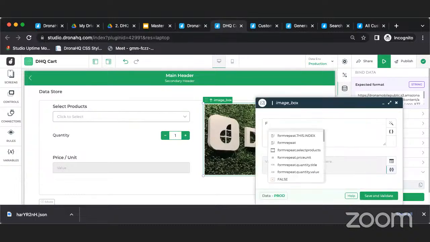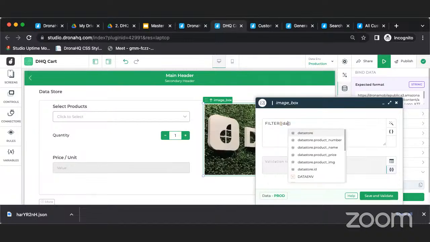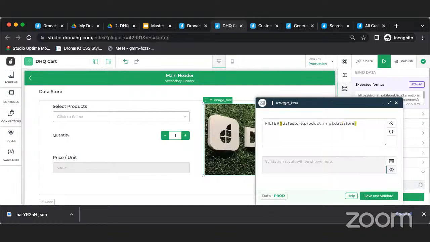So here basically we'll filter the image, right? We'll have to write it in the square brackets, data store dot product image. And after that, comma, and then we need to write a condition. What should be the matching condition? The matching condition would be if the selected product that number matches with our data store. So this is our entire list of products. In that, if ID equals the selected product